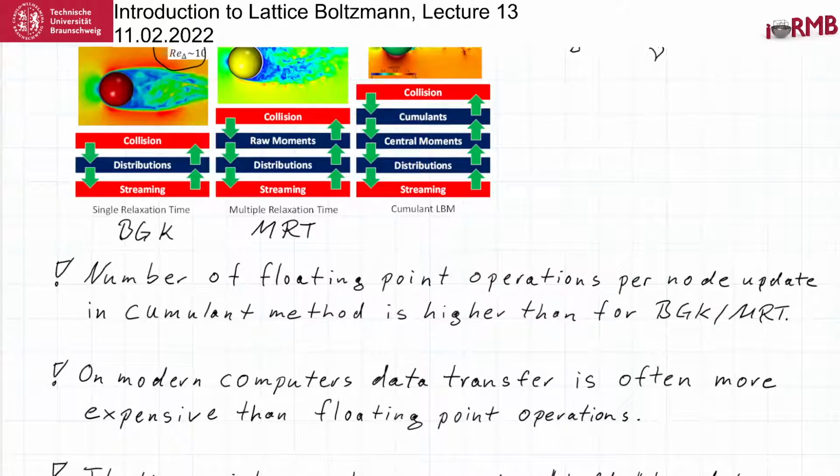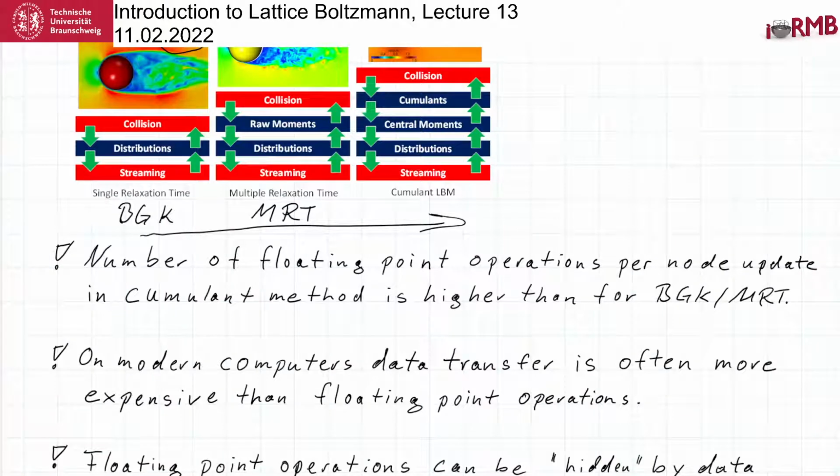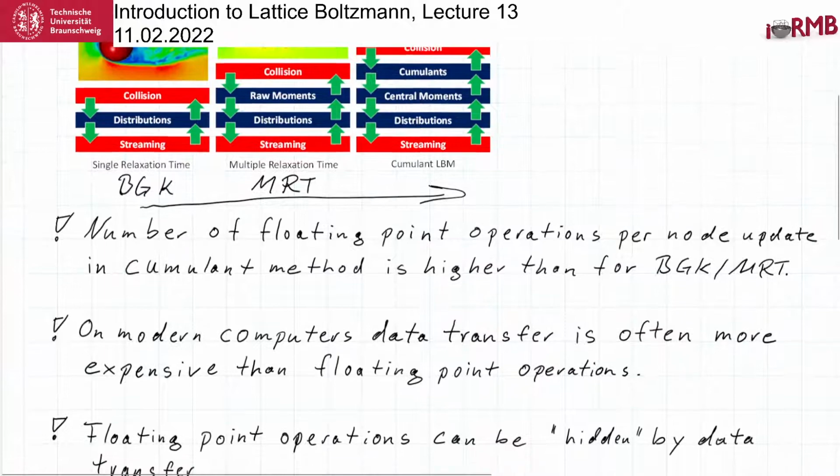The bottom line is of course always the further you go in this direction, the more efficient the method becomes. Because I said this is counterbalanced, which is not completely true. And the more accurate method is always the more efficient method. However, the